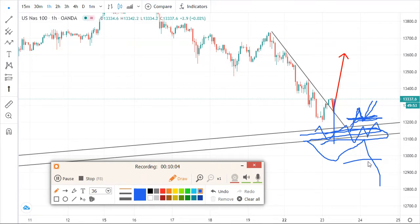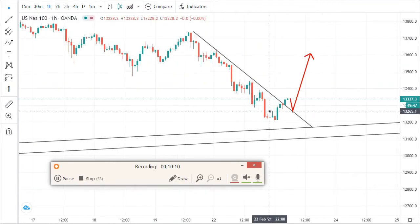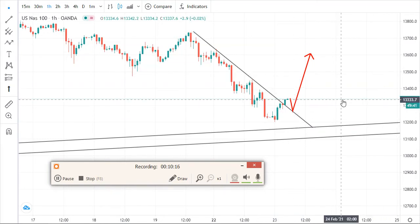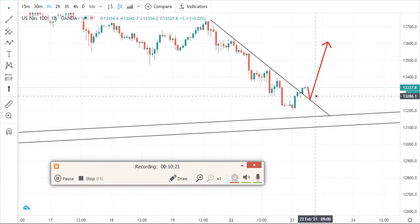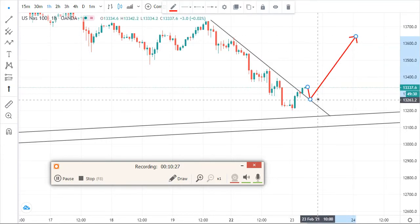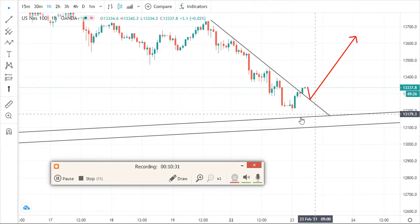But since we have this bullish momentum here, it seems like the market is going to go up. So we will just stick by the rules, wait for the market to retest, and you are in. You can buy. But if you think waiting for the retest is a long story,